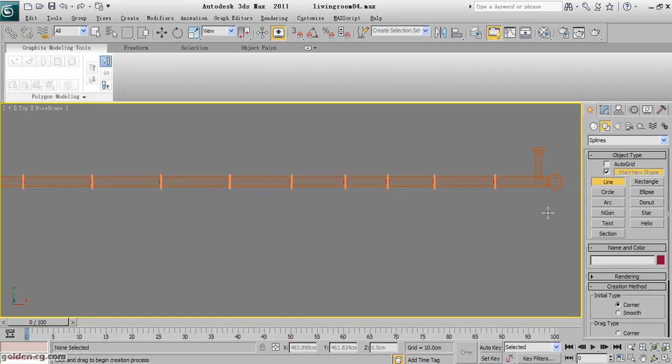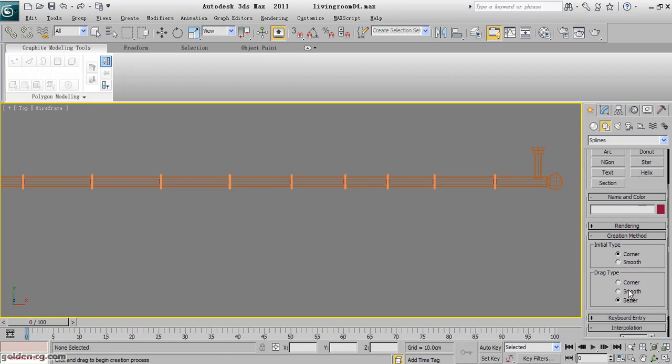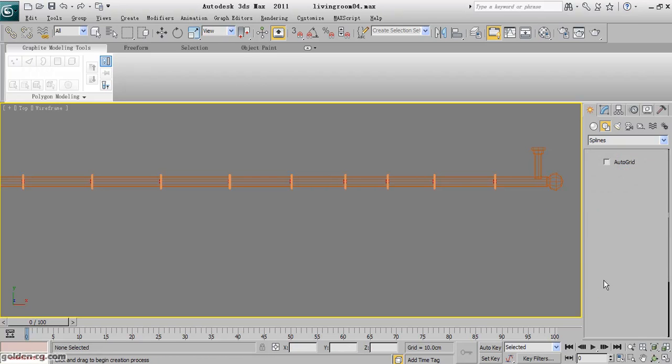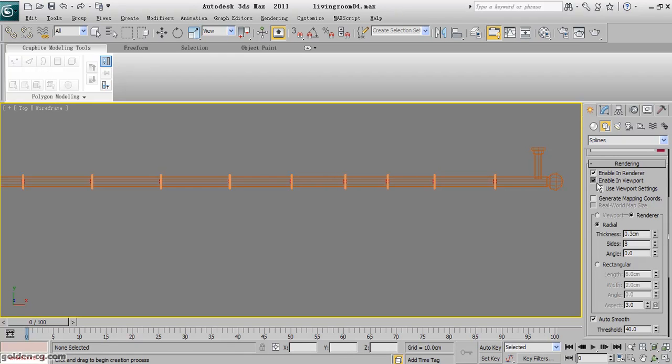Okay, in here I will start to create a line. I make sure the boss is a corner, so I just click and drag. I think there is a rendering active. Okay, I deactivate this also,